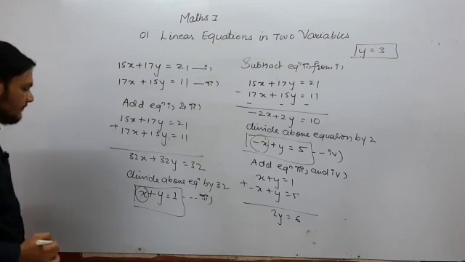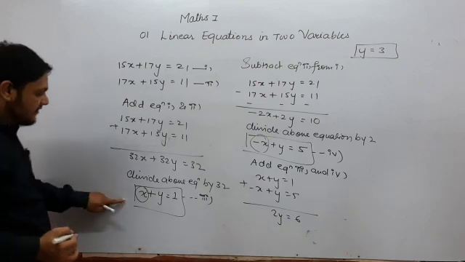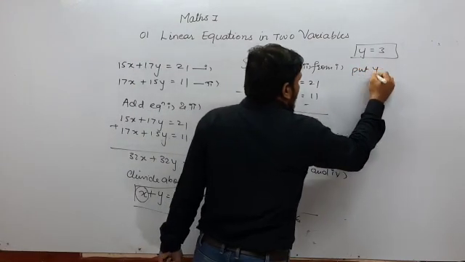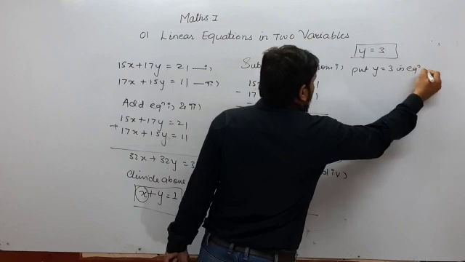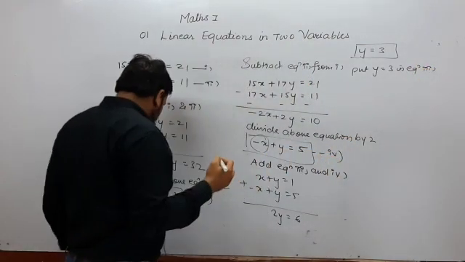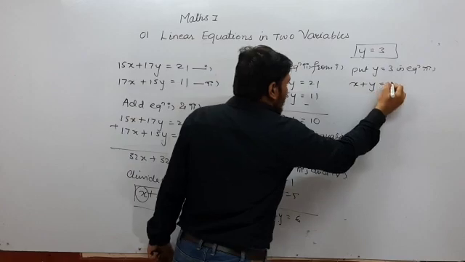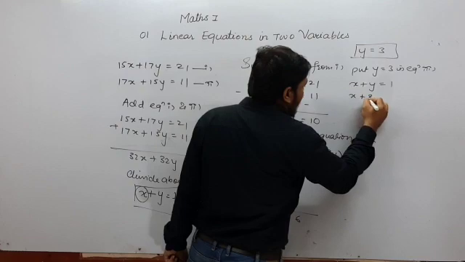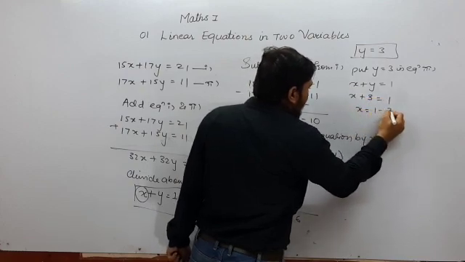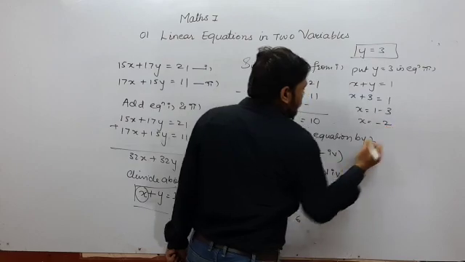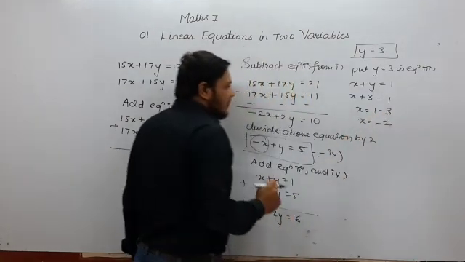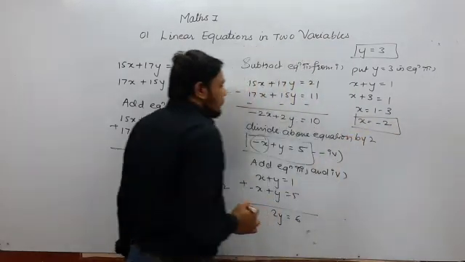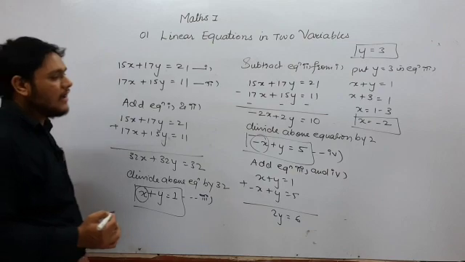Now we have to find the value of x. For finding the value of x, the third equation is very convenient to put the value of y in. So put y equal to 3 in equation 3. So what is the third equation? See, x plus y equal to 1. Now we will put the value of y here. So x plus 3 equal to 1. x equal to 1 minus 3. x equal to minus 2. So student, the greater number is negative here, 1 minus 3, that is why it will be subtraction with the sign of the greater number, negative, so x will be equal to negative 2. So we got the value of x as negative 2 and the value of y as positive 3.